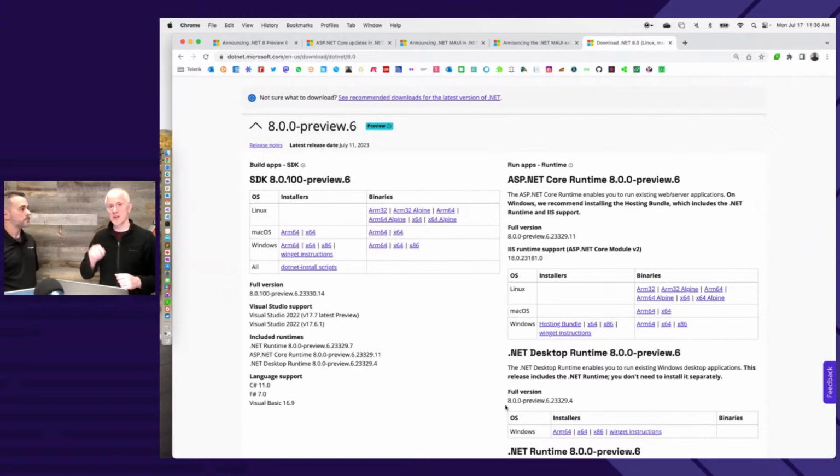So you can go into your VS install, check that, and that will install .NET 8 Preview 6 for you. The .NET Maui bits for .NET 8 are also available in the latest Visual Studio preview updates, so you can get them from there too. And if you're feeling really adventurous, you can try out the new Visual Studio Code tooling for .NET Maui.